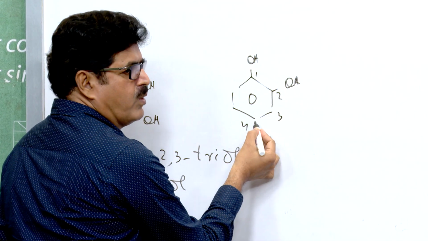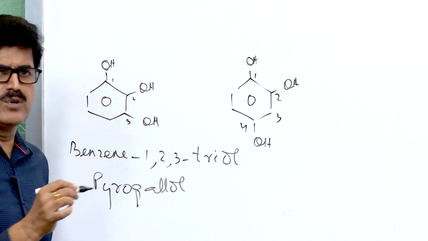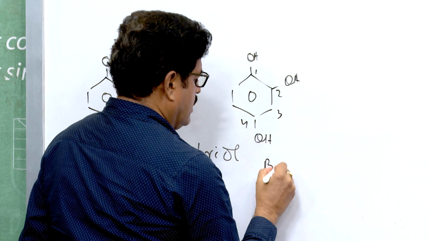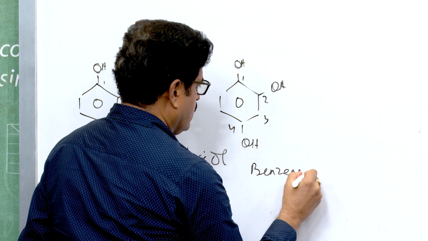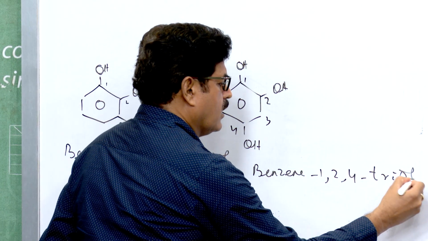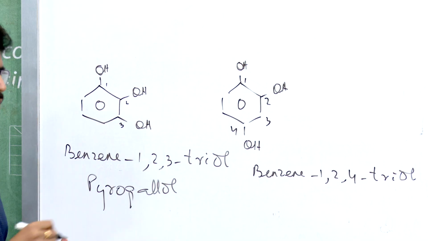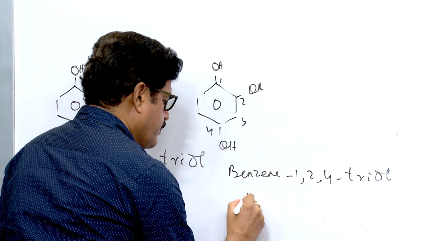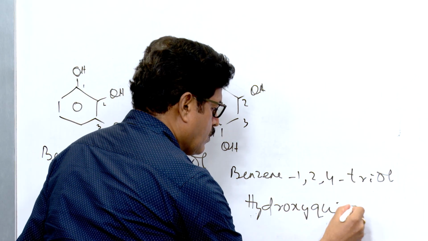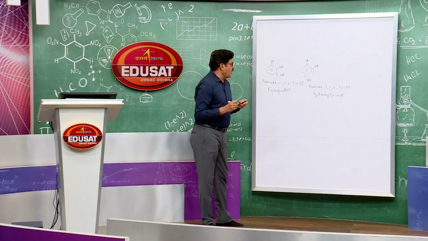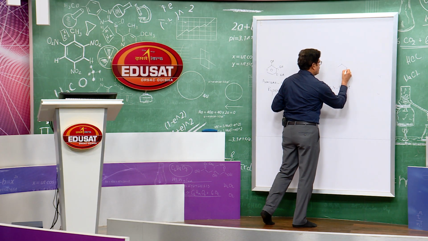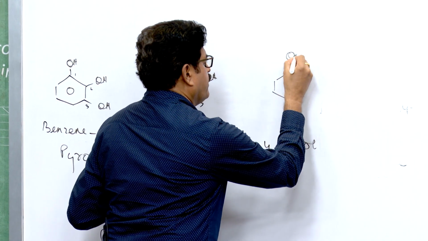You can't start 1 from here as per the lowest locant rule in nomenclature. So it is benzene 1, 2, 4 triol, and what is its common name? Hydroxyquinol. Okay, so this is the IUPAC name of the next isomer of trihydric phenol. Another isomer,